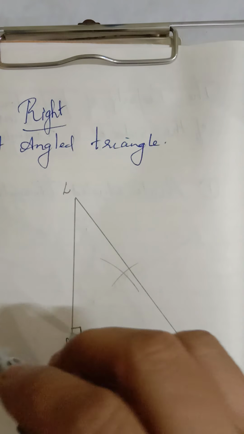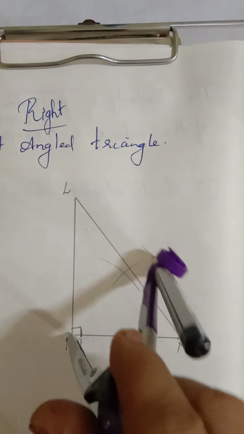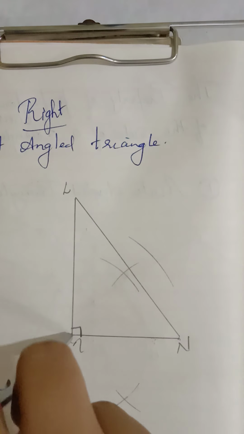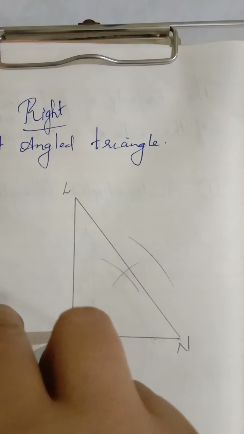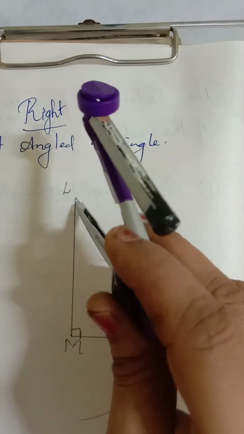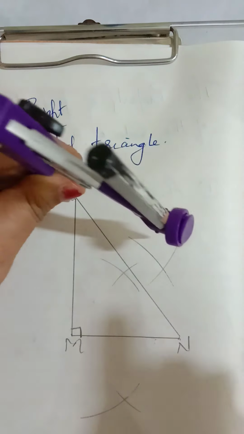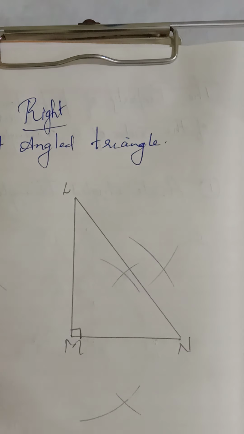See children, I kept at the vertex M, and I am drawing the arc here, one on this left side and one here. Okay, you can think that one up and one down. In other words you can say this is up and this is down. Now by shifting the position to vertex L, draw the arc which intersects the previous arc. Okay children, see, so we have got the intersection of the two arcs. Now here you can see that we have completed these two sides.